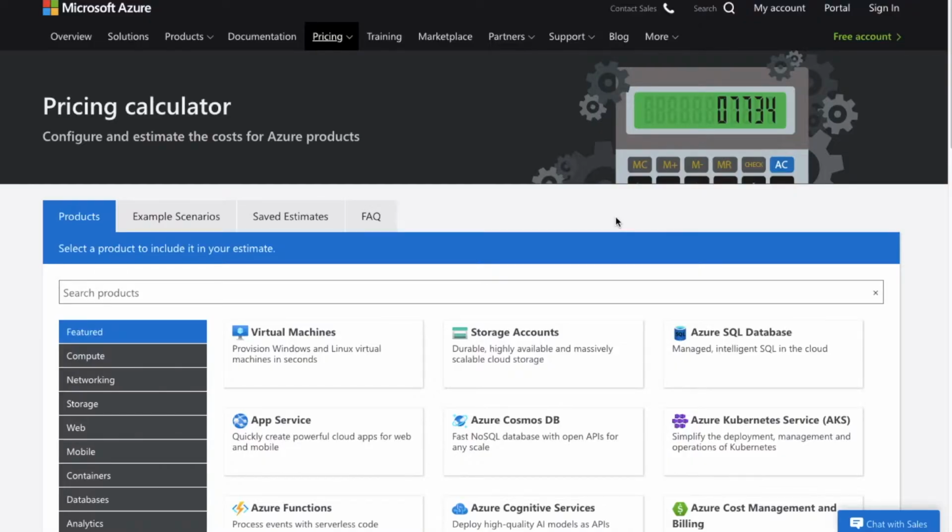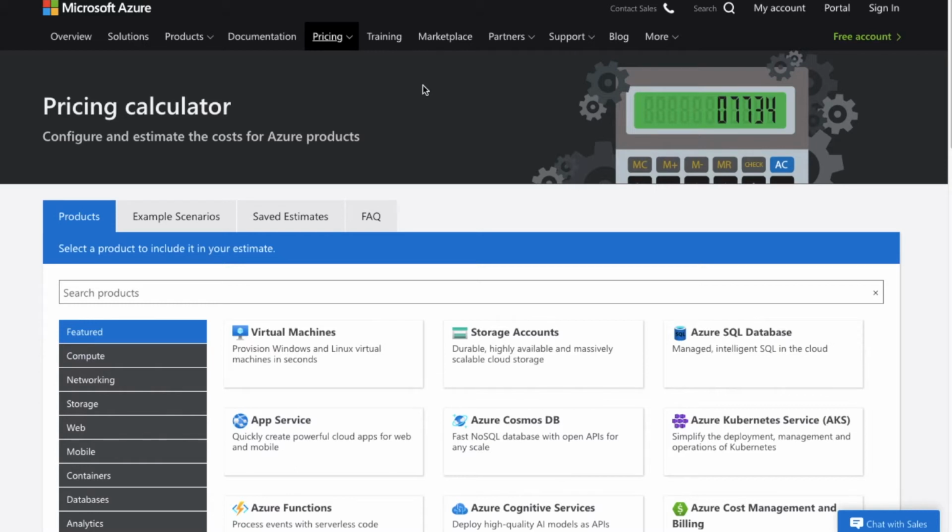Cost is a very important factor for migration. We already have some idea about the on-premises cost for hosting the application and database. Now we need to evaluate the cost for the cloud. And in Azure, we have to use a cost analysis tool, and the tool is Azure Pricing Calculator. So this is the page for Azure Pricing Calculator. I have already opened the page. I will paste the URL of this page in the description section.